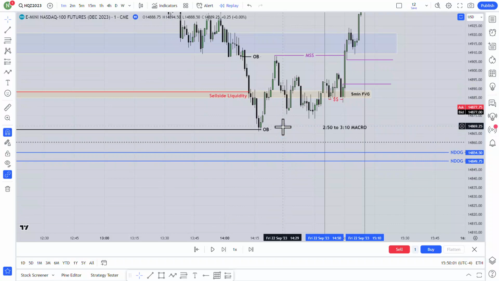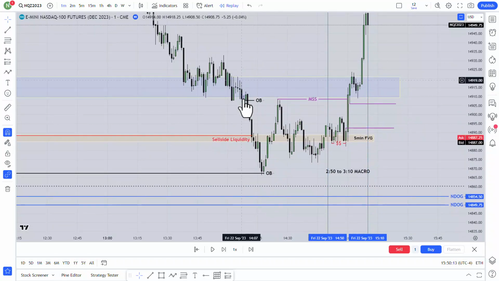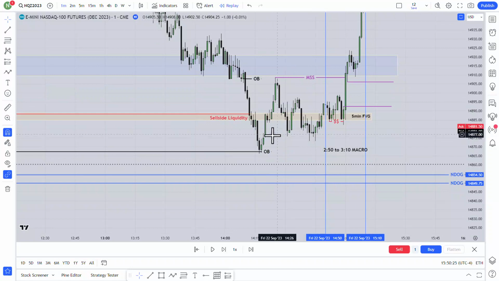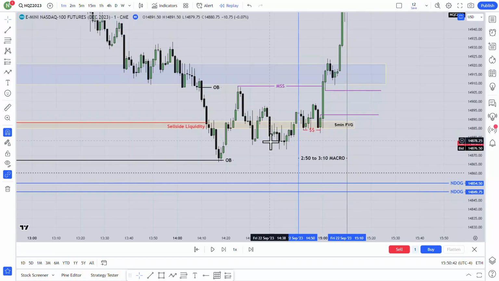But instead of doing that, market went back to its zone. It didn't want to leave it. It came down, cleared all of the sell side liquidity, and went back again inside that zone. So I didn't see any market structure shift over here. If you see, I didn't even get any market structure shift in that place for going low. If you see closely or clearly, there is no nice market structure shift that can tell me that market would